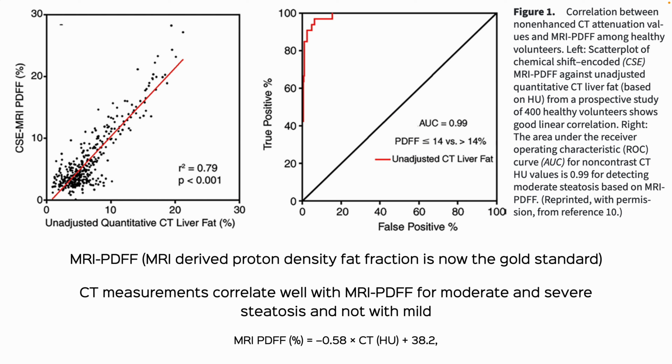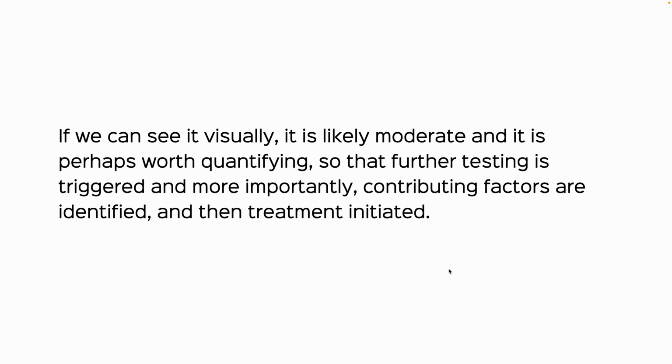doing biopsies, etc. So if by using this equation, which the Osirix plugin does, you get a fat fraction analysis for moderate and severe steatosis, it's not very good for mild, then that's a great thing, isn't it? The idea is if we can see it visually, it is likely moderate and therefore worth quantifying, so that further testing is triggered, and more importantly, contributing factors can be identified clinically, and treatment initiated, not just exercise and lifestyle intervention. You can actually give semaglutide and reverse